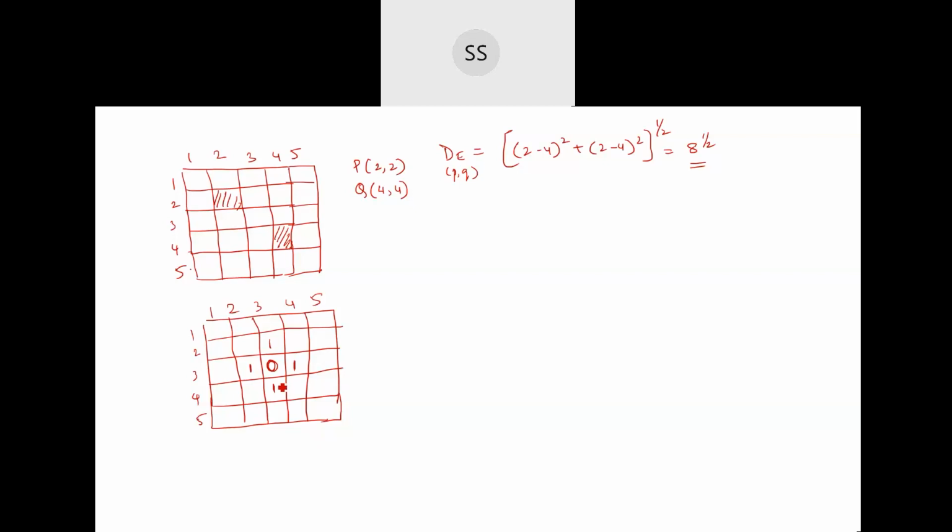And then how do you find the distance of these diagonal neighbors? You cannot say this is at distance 1. No. How we go is we go like this. It is taken 1 and then this is said to be 1. So 1 plus 1, the distance is said to be 2. Now if I want to measure this, I can go like this. The distance is 1, and 1 plus 1 is 2. Here also I can go like this, 1 and 1, it is said to be 2. Here it is said to be 2.